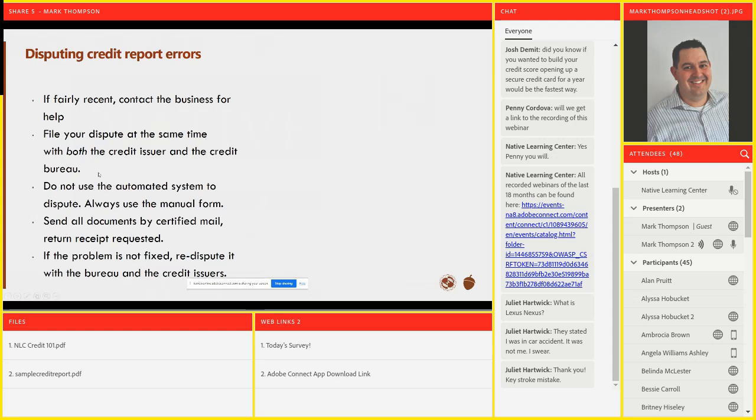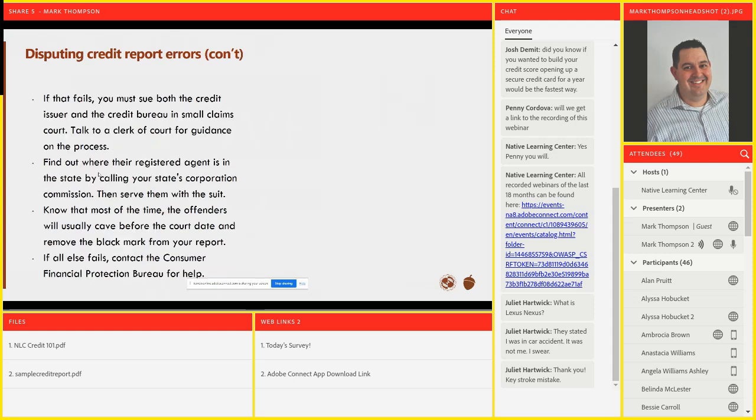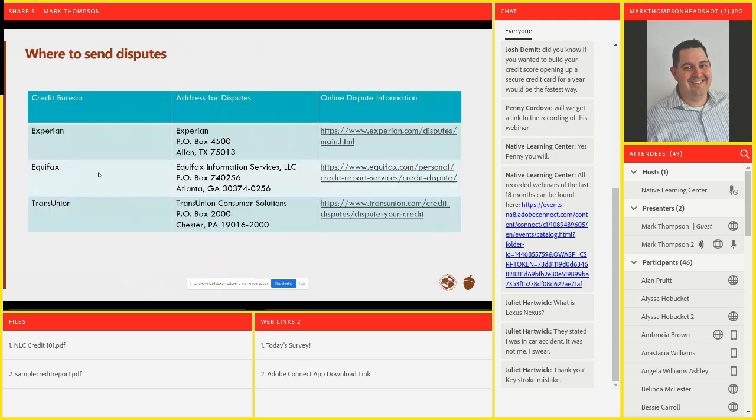So I'm not going to really go into this section here, but this is disputing credit report errors, right? And you guys can download the file under there, the NLC Credit 101 PDF. It has all of this information. And there are ways that you can contact each of the credit bureaus and dispute the information.